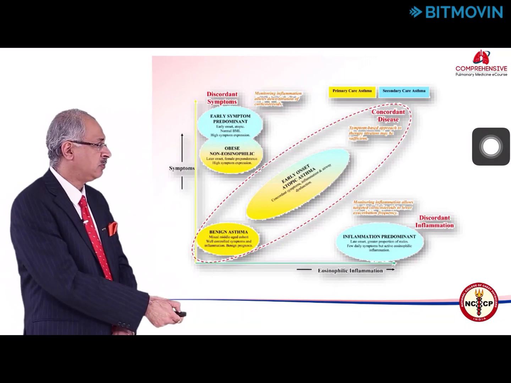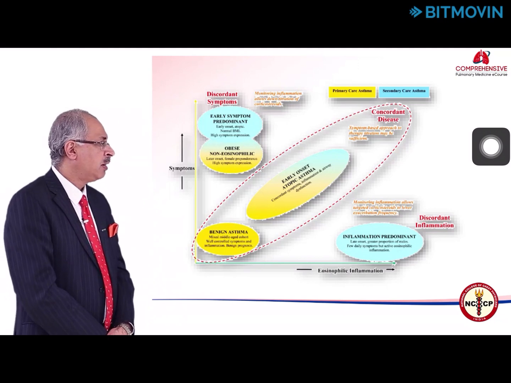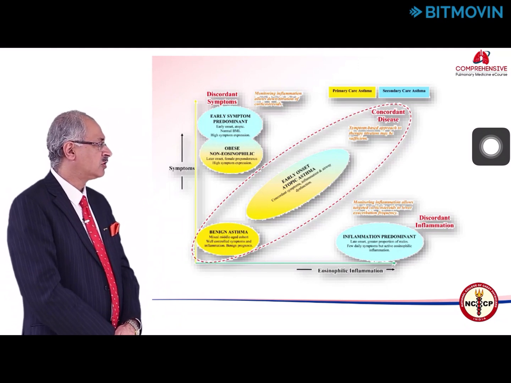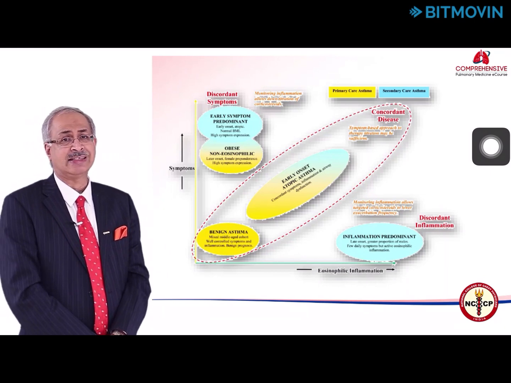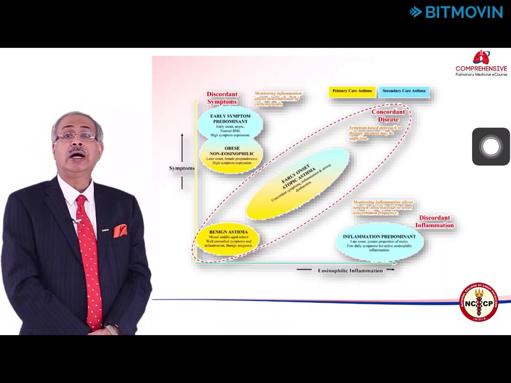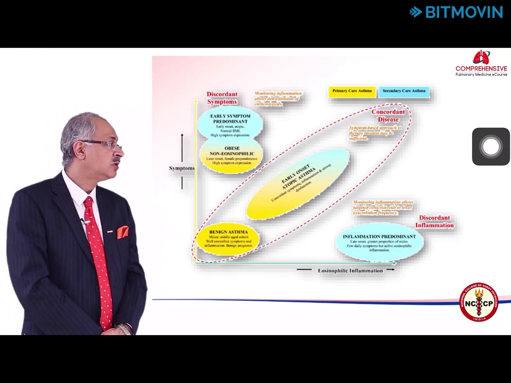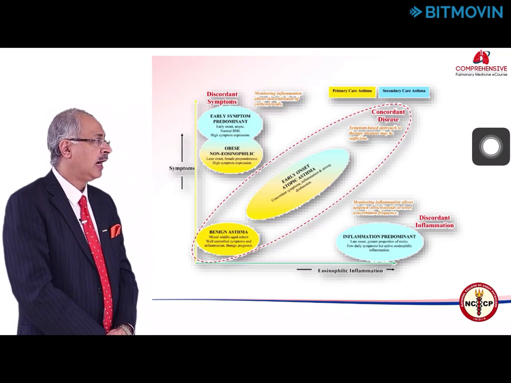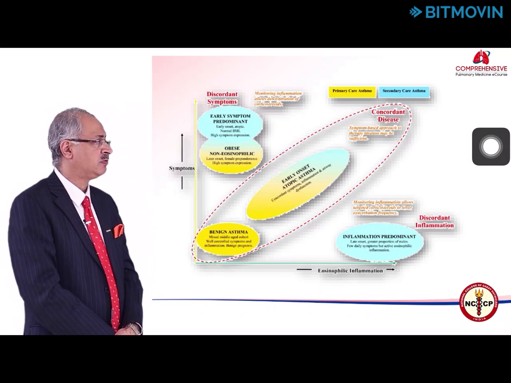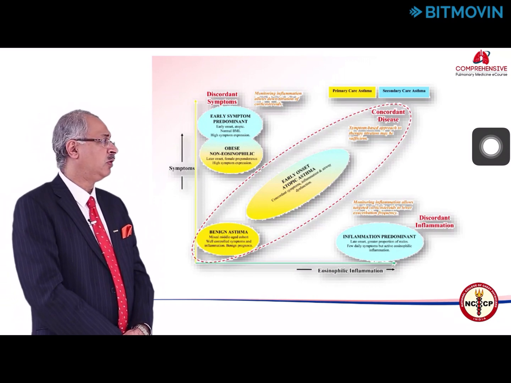What it means is that you can have a benign asthma where you will have a mixed middle-aged cohort, well-controlled symptoms and inflammation. It's a benign prognosis. It means it's an excellent prognosis. There could be an early onset atopic asthma which can have concordant symptoms, along with inflammation and significant airway dysfunction, and this is a large chunk of the patients. The yellow color tells you about primary care,